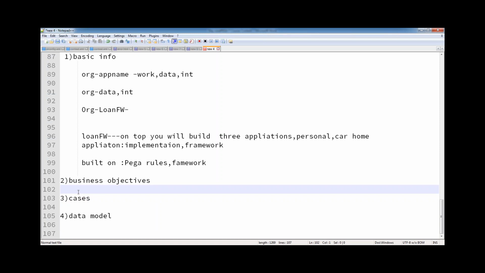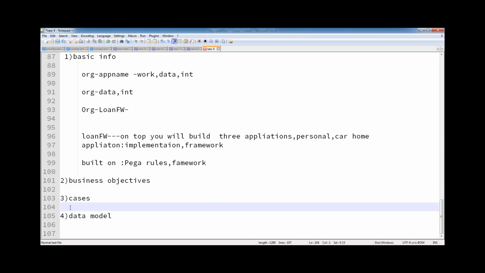If you are creating a loan application, why do you want to create it? I want to increase the turnaround time. That is one objective. I want to make the process agile, meaning faster. And they want to increase the profits. There may be business objectives for each and every application, so you need to mention all of them in the second step. That's very straightforward. You need to give a textual description which is given by the clients.